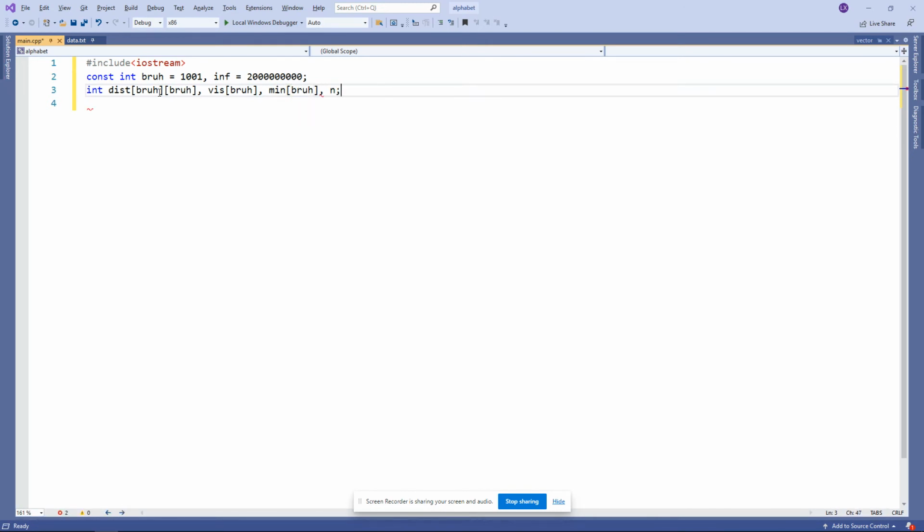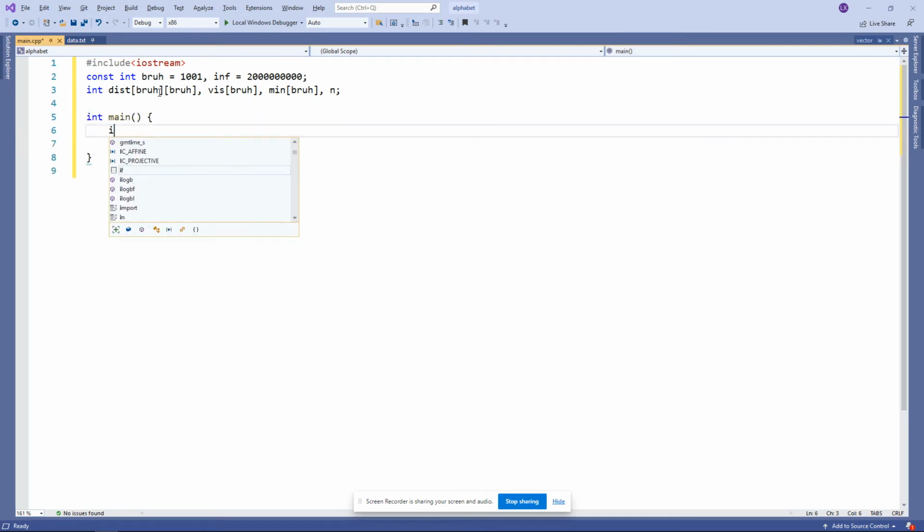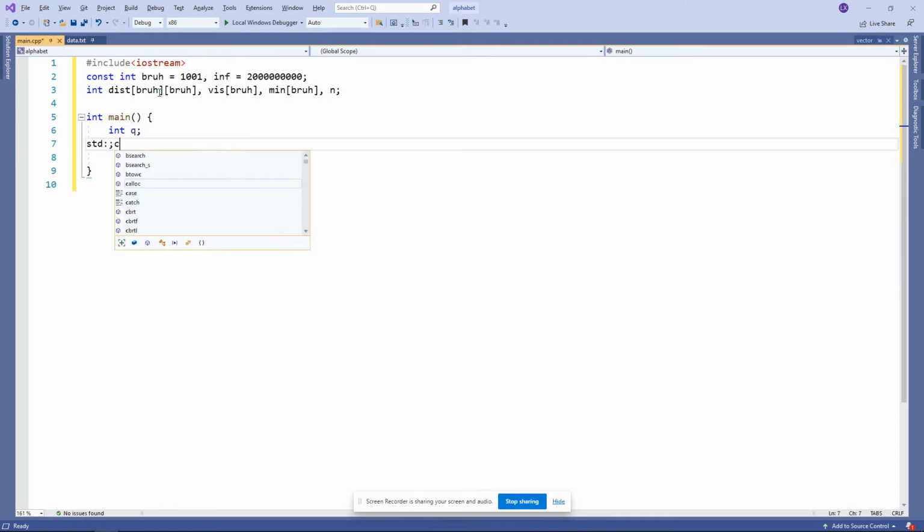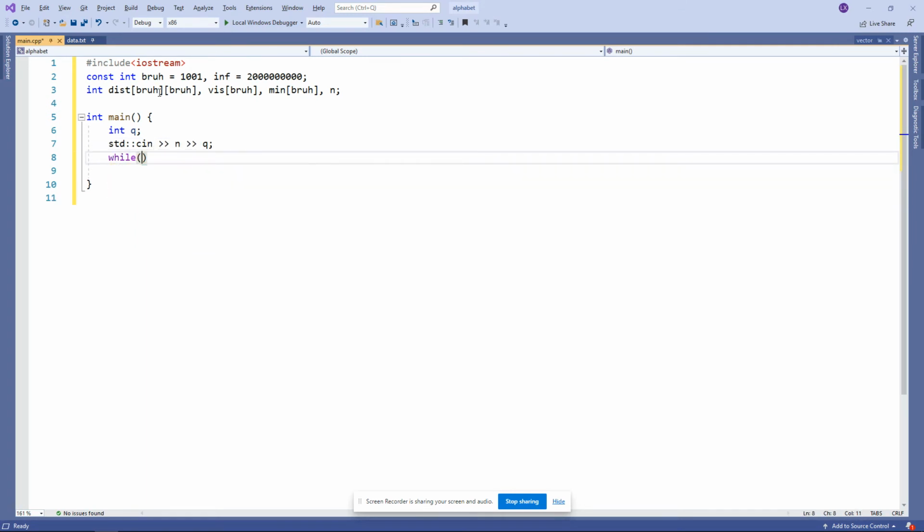You're also going to store the number of nodes in a global variable because we'll be using functions that are needed in the global scope. So first, we'll take in how many edges there are: we're going to take in the value n and then q, and then we're going to loop through q times. What while q minus minus does is the same thing as for int i is equal to 0,